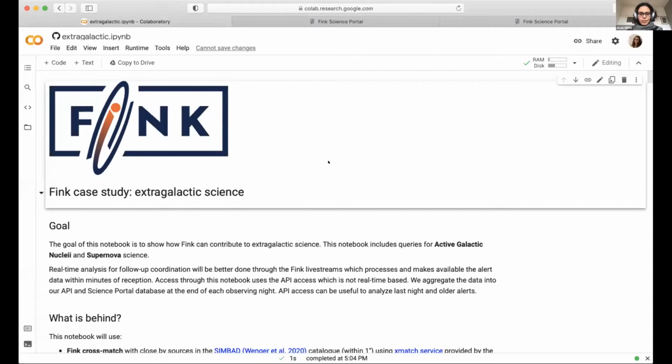I'm back again to tell you about extragalactic science. I hope that you can see my screen. Yes, thank you. So now I wanted to show you an example of how to query for extragalactic science